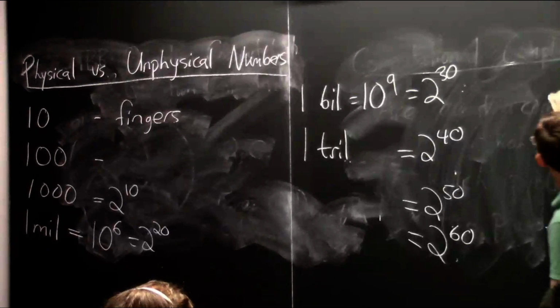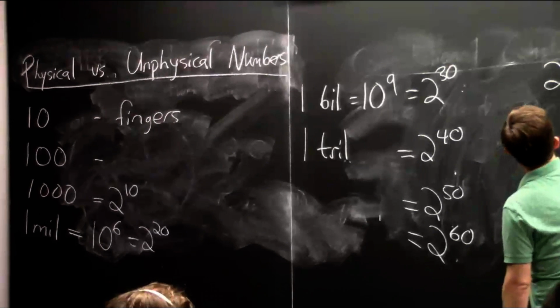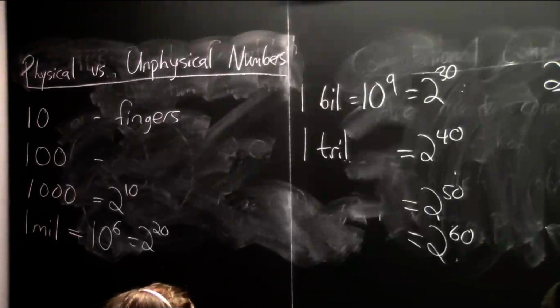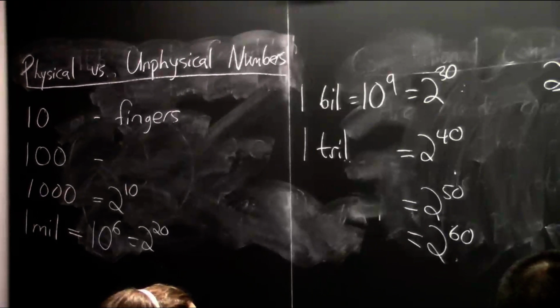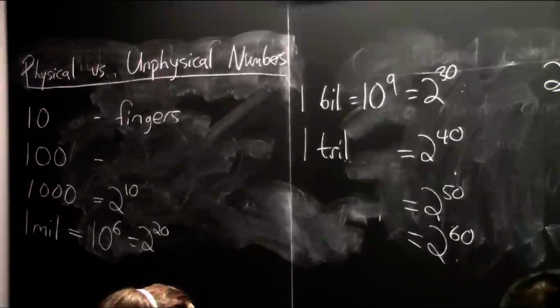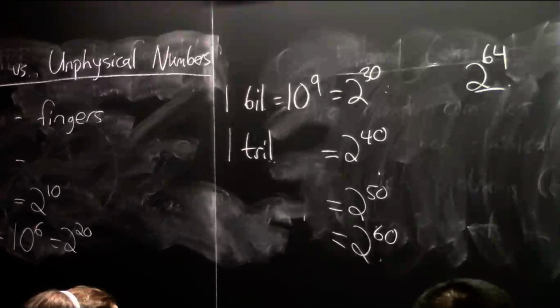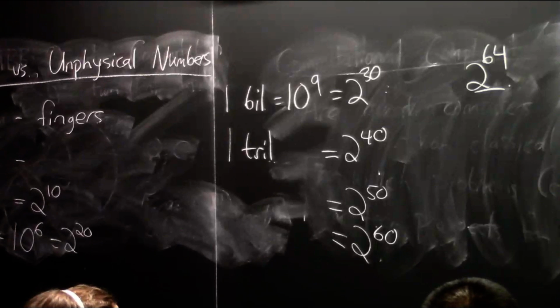Let me also put this one up, 2 to the 64. That's a very popular one in computing. It's only a little bit bigger than that one, 16 times bigger. But what is this? This is actually the number of different memory locations that your computer here can address into. So that's plenty, right? I mean, we talked about how this is bigger than the world's biggest data center or something. So 2 to 64 is enough to cover it.